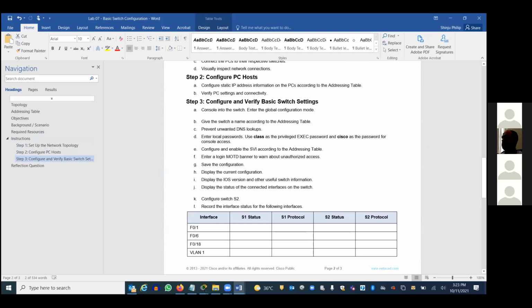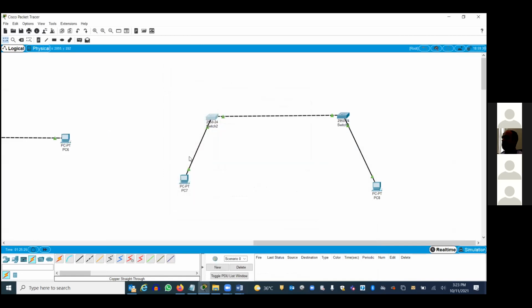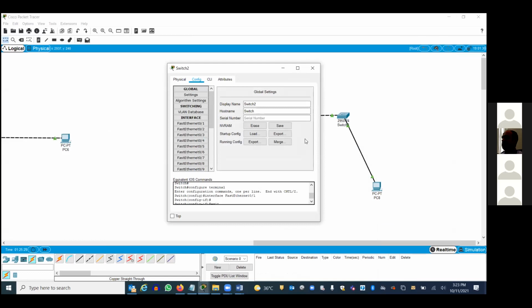Okay, you remember when we did the first lab, we went to the physical switch, right? We logged in with the hyperterminal, correct? Same thing we are going to do here. So how do we get to the switch? You go here, double click on the switch. You remember this portion?